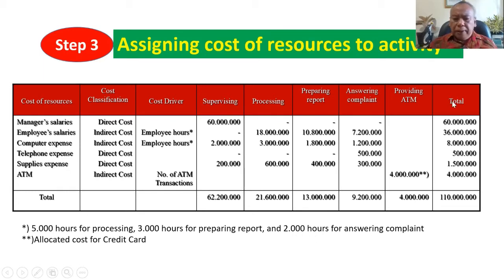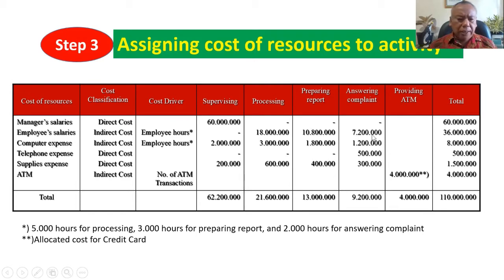So the 36 million we will allocate to processing the transaction 50%, so 50% of 36 million will be 18 million. Then we allocate to preparing report 30%, which is 10 million 800,000, and 20% will be allocated to answering complaint, or 7